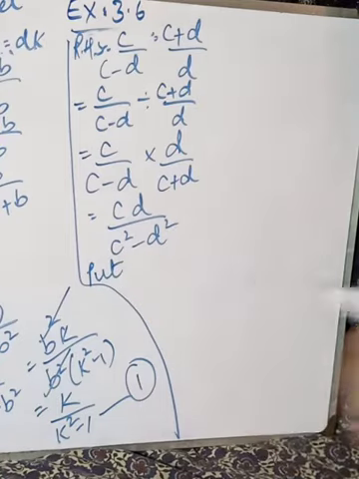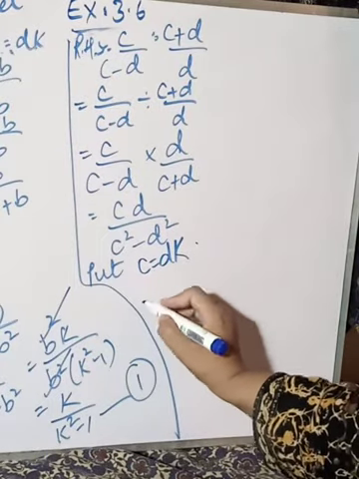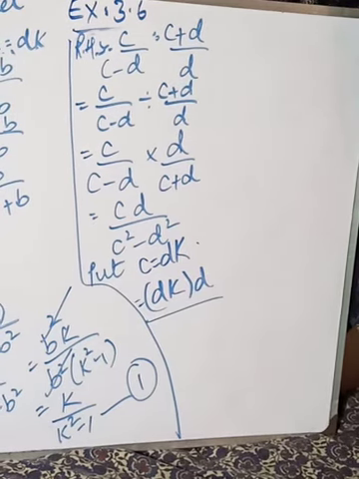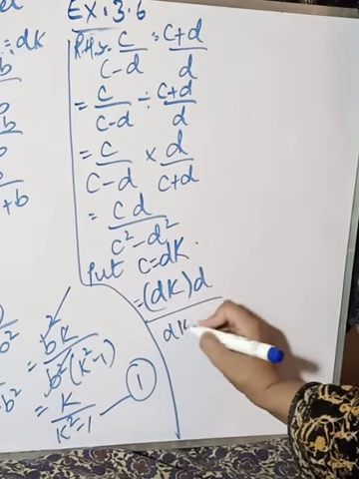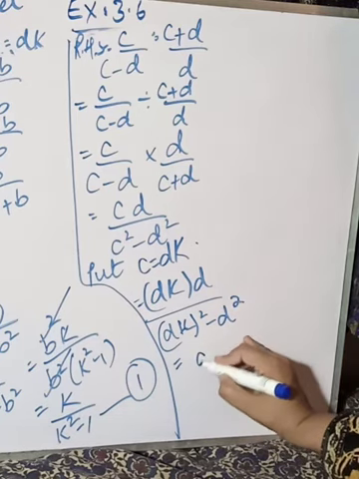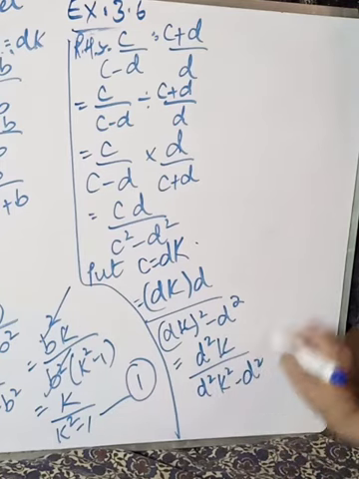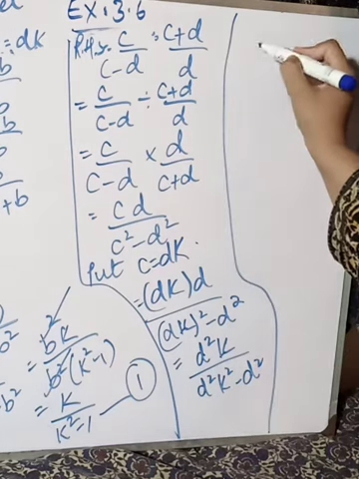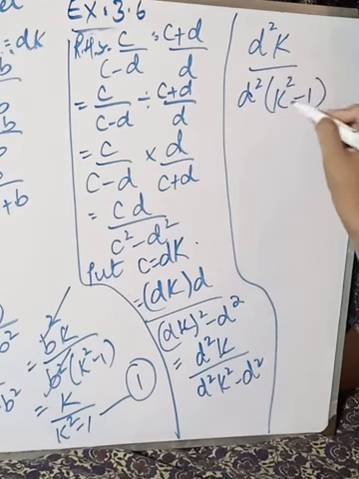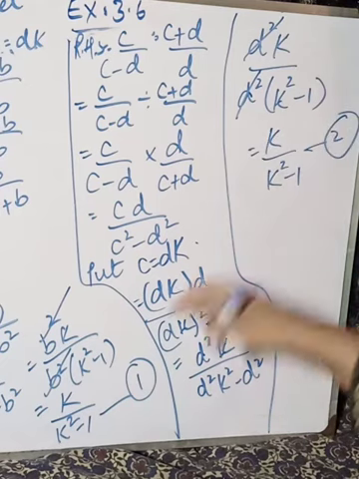Now put up the values. So for c we have the substitution, c is equal to dk, that is equal to dk multiplied by d divided by c square minus d square. c की वैल्यू है मेरे पास dk का स्क्वायर माइनस d स्क्वायर, दैट इज इक्वल टू d स्क्वायर k ओवर d स्क्वायर k स्क्वायर माइनस d स्क्वायर. ओके, d स्क्वायर k ओवर, टेक d स्क्वायर कॉमन, आई एम लेफ्ट एज k स्क्वायर माइनस 1. सो इन दोनों को कैंसिल करें. आई एम लेफ्ट एज k ओवर k स्क्वायर माइनस 1. से इट द इक्वेशन नंबर 2.